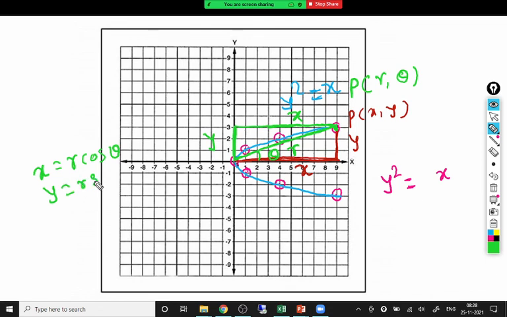This is a relation from Cartesian to polar, and this is a very important relation that we require in type 5. In type 5, when we transform the double integral from Cartesian to polar to evaluate it, these are very important relations. We are going to use it. These are known as a transformation, from Cartesian to the polar. So you keep this in mind.